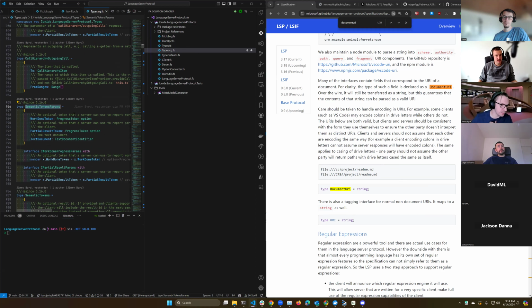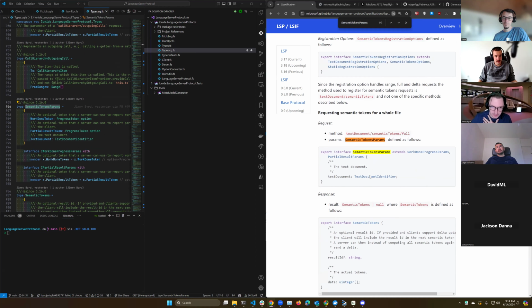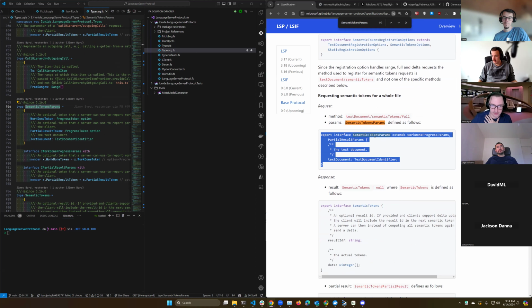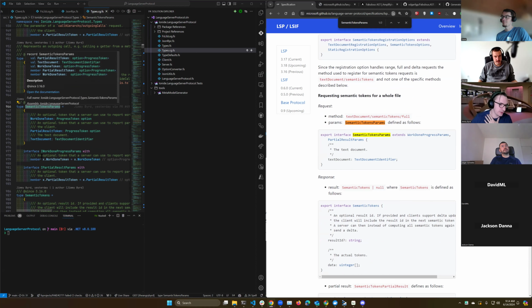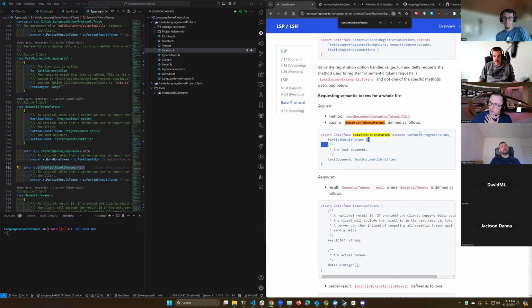semantic tokens params. So this is probably one of these requests that are looking for semantic tokens. And if we actually look for semantic tokens params in here, we can see that there's this semantic tokens params that extends this work tokens params, this partial params, and has this identifier here. So this record implements these 2 interfaces, which are basically the corresponding versions of these, and actually has the text document identifier, which is also here.